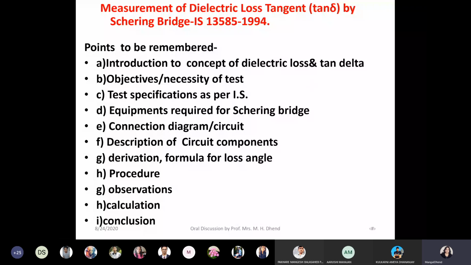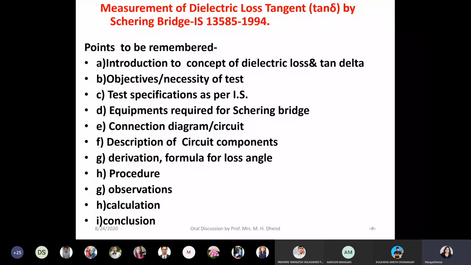Okay, but finding the dielectric strength of transformer oil is not sufficient, because it may withstand your voltage. Operating voltage is 80 kilovolt, and it may withstand 80 kilovolt. But if the loss occurring in the transformer oil is very high, then it will cost you, because your power loss will be very high. So the electricity bill will be very large. So again, if you want to test transformer oil, you have to find out dielectric loss also.